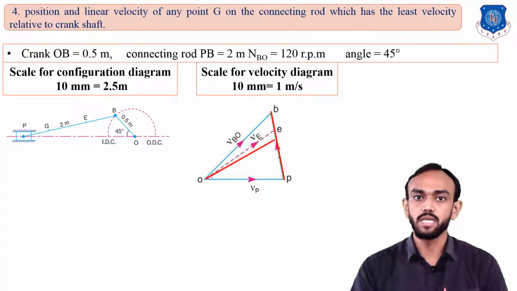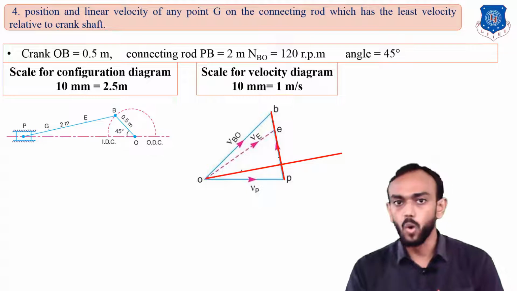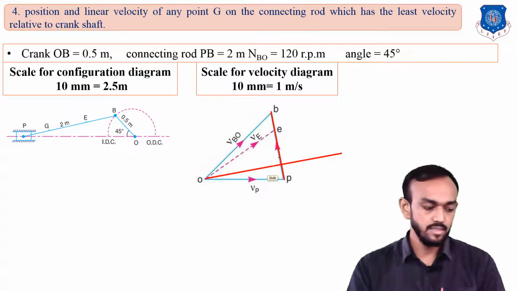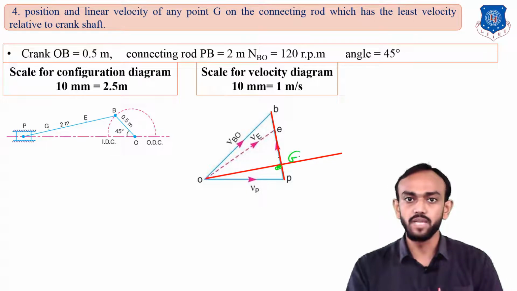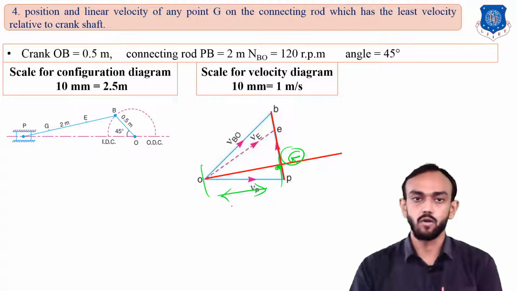As you can see, the velocity is decreasing. So which point will be nearest to this O point? We have to take the perpendicular from this O, and this intersecting point will be your G, which has the least distance, and this distance is nothing but the minimum velocity on the connecting rod. Okay,